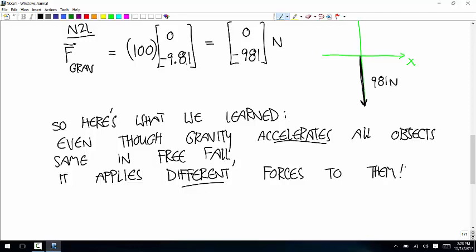Okay, that's sort of a tricky thing to wrap your head around, the difference between that force and the motion